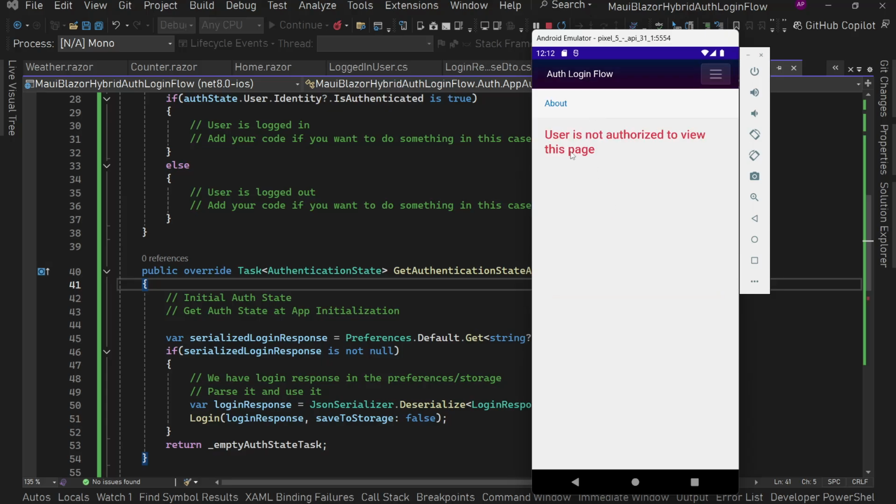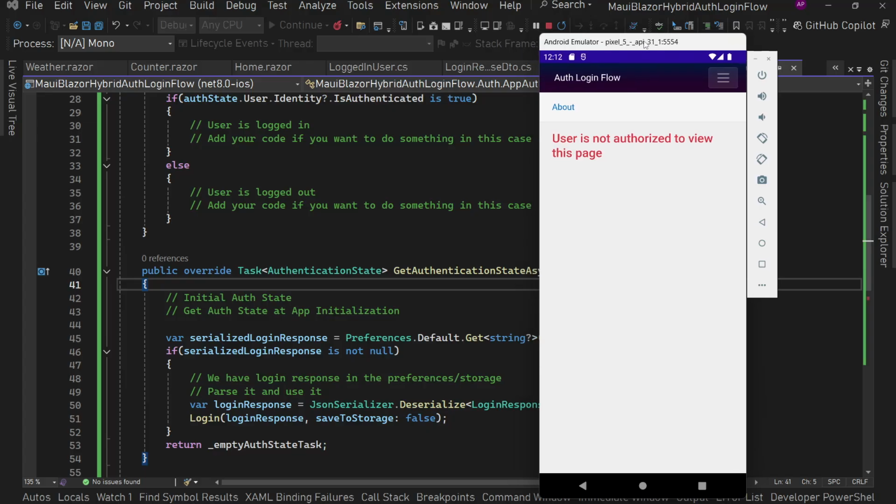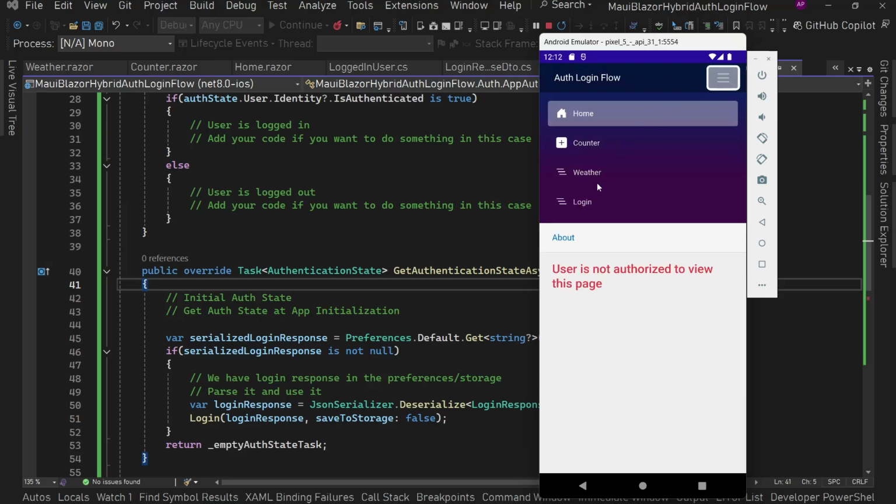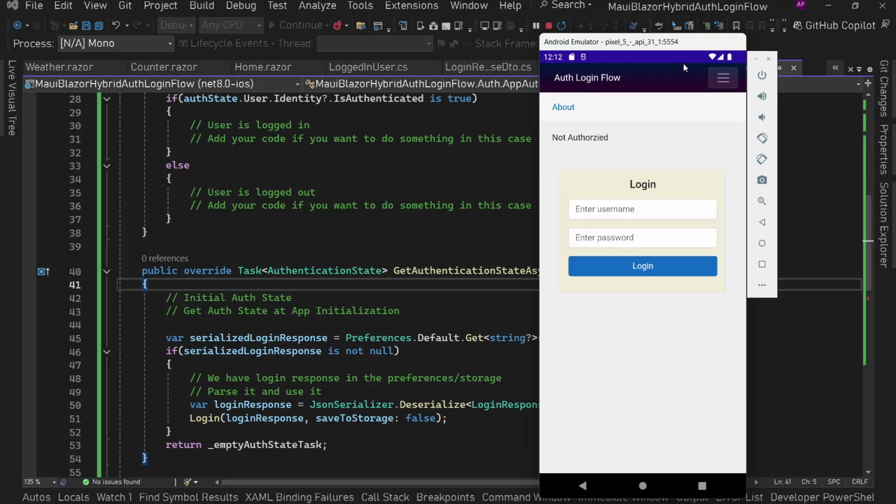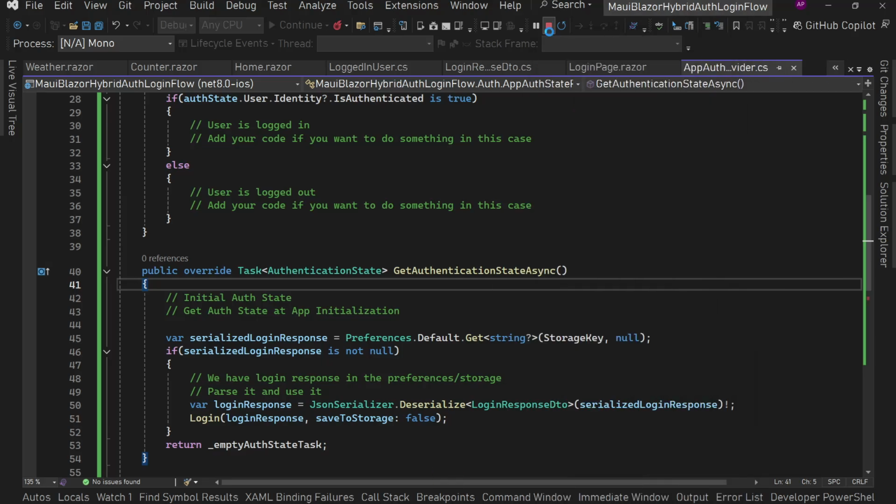Okay, but this is not how it should happen. When we are starting the app, somehow we should check if the user is not logged in. The user should automatically get redirected to the login page, right? In our case, in this app, because all the pages should be authorized, the user should be authorized to access any of the pages. So there should be some automatic mechanism, right? So for this, what we can do,